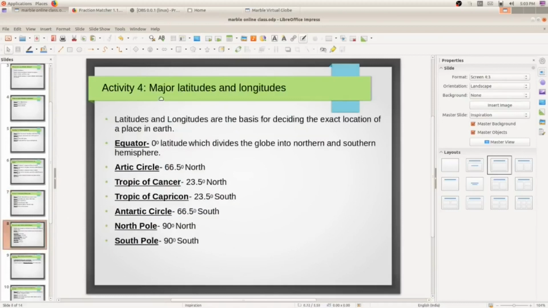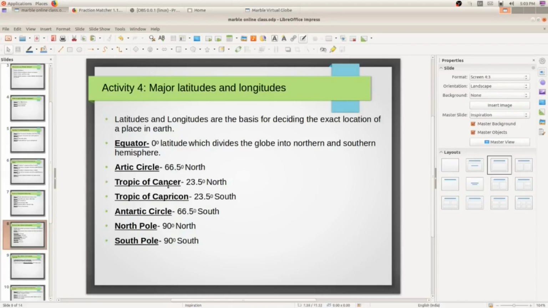What is our activity for major latitudes and longitudes? So in the last class I have shown you the major latitudes. Equator means which divides the globe into two parts, northern and southern hemisphere. So it is known as 0 degree latitude. In your textbook I have shown you page number 21. So Arctic Circle is 66.5 degree north.